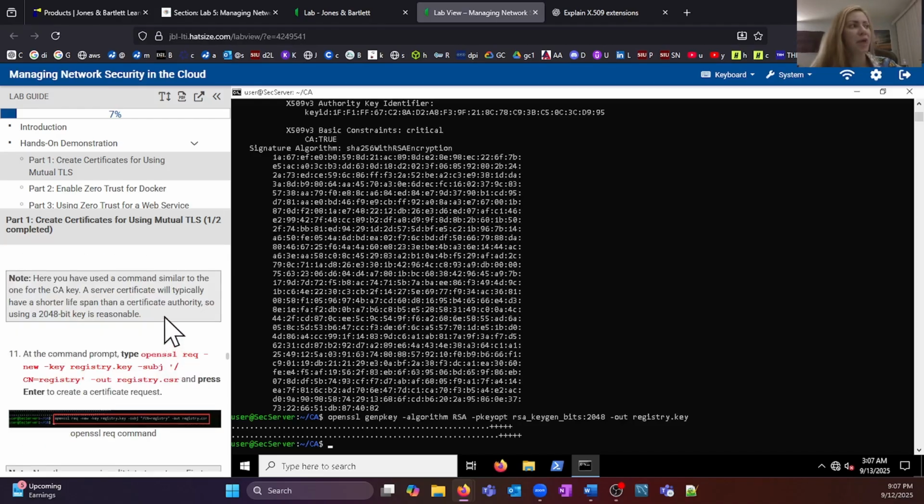Here you have used a command similar to the one for the CA key. A server certificate will typically have a shorter lifespan than a certificate authority, so using a 2048-bit key is reasonable. At the command prompt, type openssl req -new -key registry.key